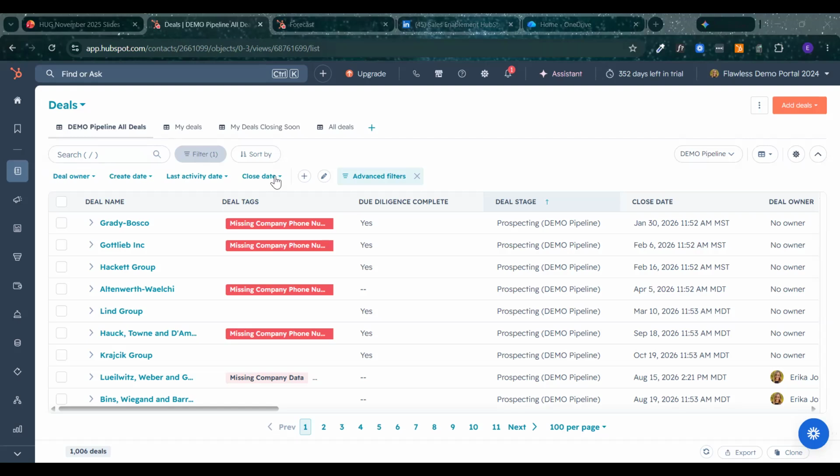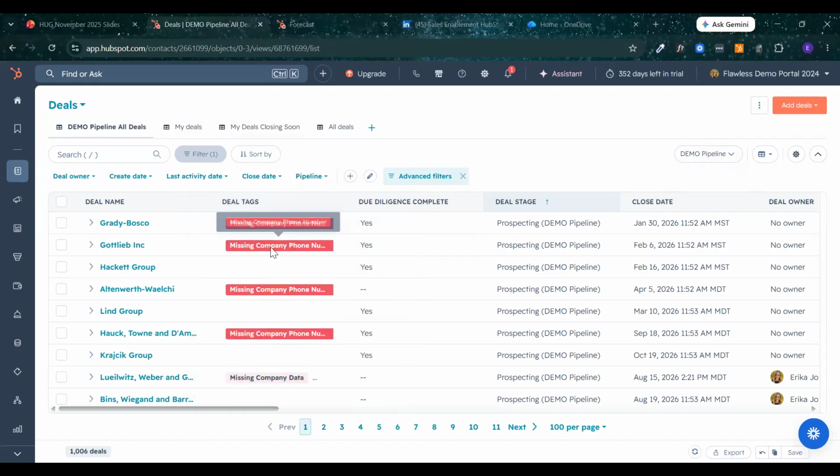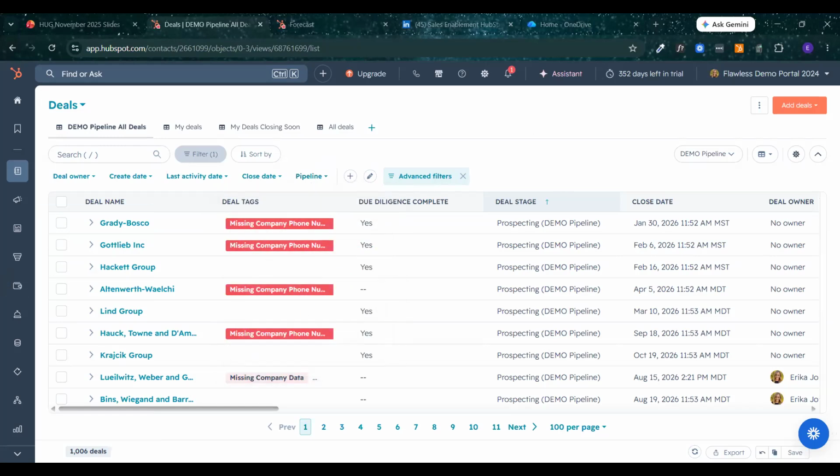Yes, and the quick filter, you can definitely do that as well. So Liz has said for pipeline swaps, she added that as a quick filter here. So yeah, you can add pipeline. It's up here now, which is a little bit different on this view, but you can add pipeline as a quick filter up here for people to use, and then it's easy for them to find right there as well. And I do see a question from Allison. I'm going to read that one in the Q&A section if that's all right. It looks a little bit longer.